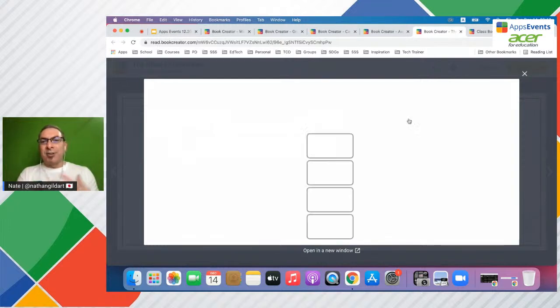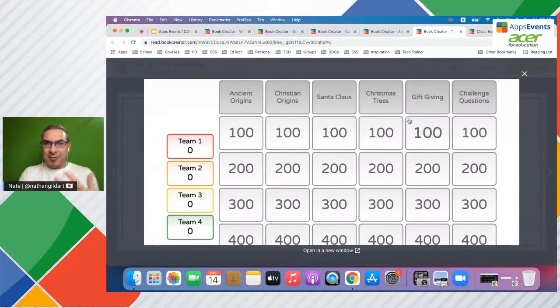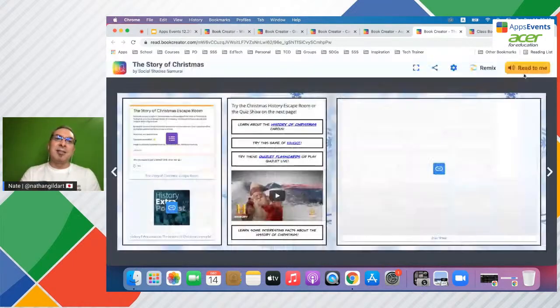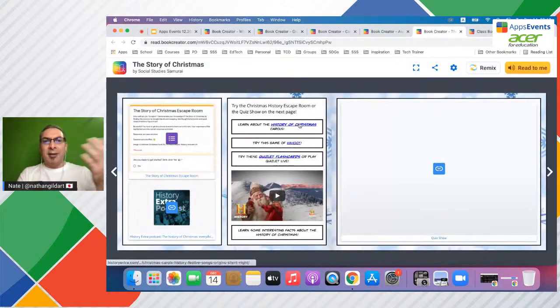I can either, for example, play this game, which I made on Flippity, and I just embedded it by pasting the link. It was super simple. If I want, I can open it in a new tab and play it as well. But my point here is I've got other links embedded. I've got a Kahoot game, Quizlet flashcards for Quizlet Live, a Google Form escape room, and a podcast. You can embed a whole pile of stuff.